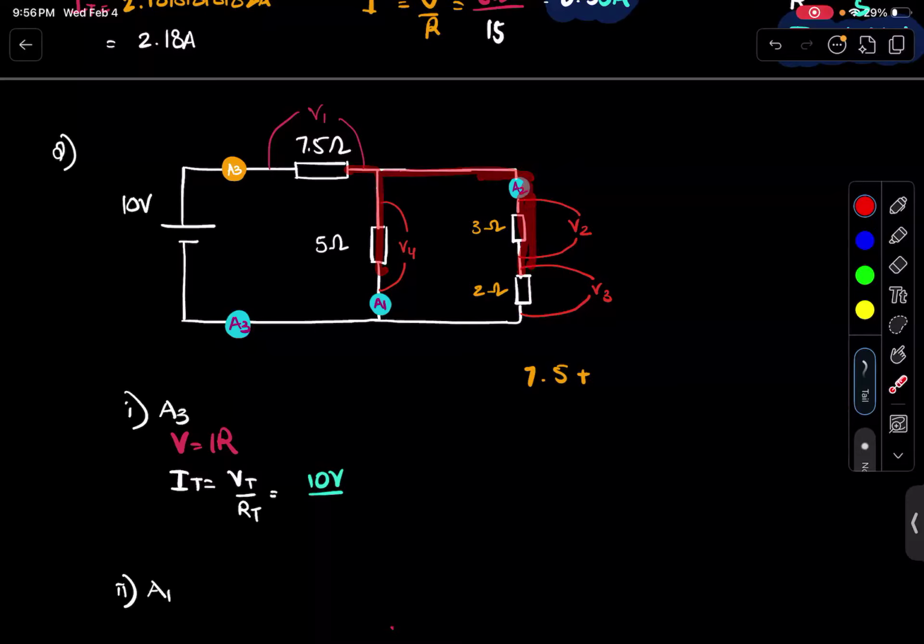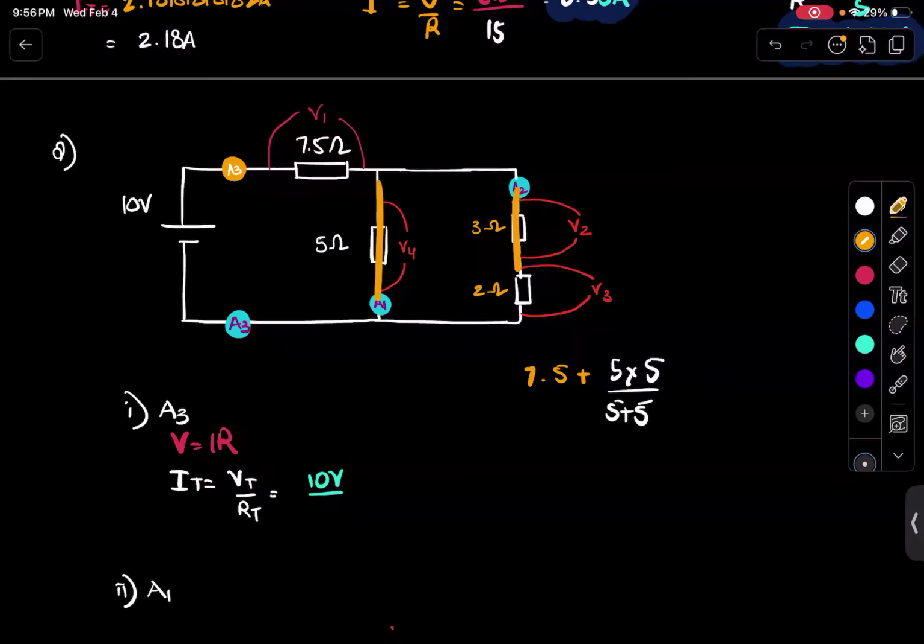It is 5. You can consider this 3 and 2 to just be 5, by the way. So this is just 5 into 5 over 5 plus 5, right? Because I considered this parallel and this parallel, right? So product over sum, 5 multiplied by 5 over 10 will just give you the total resistance of this value. So 7.5 plus,